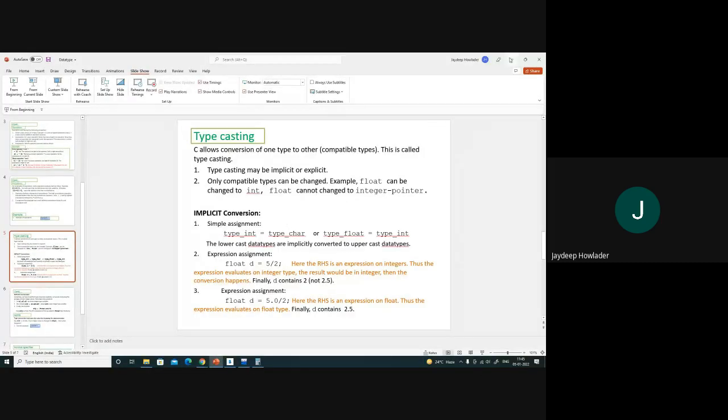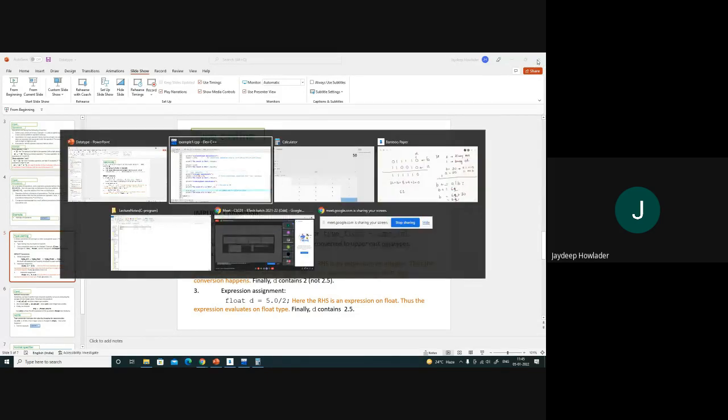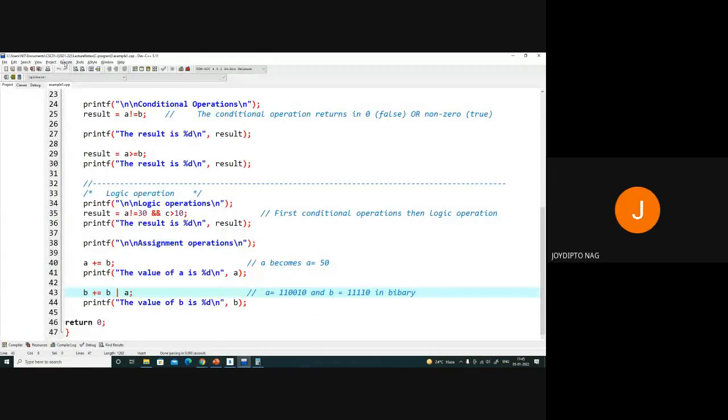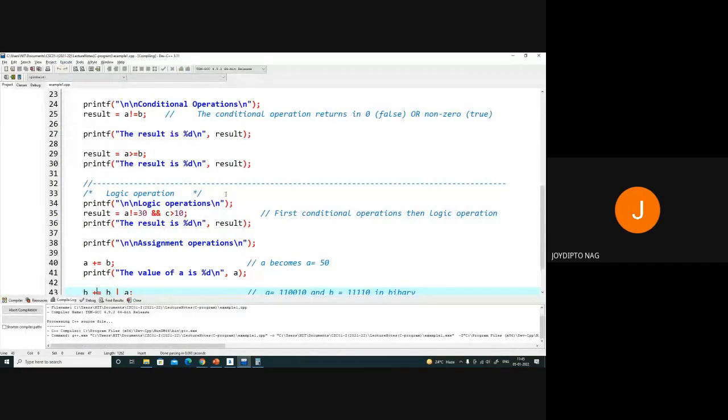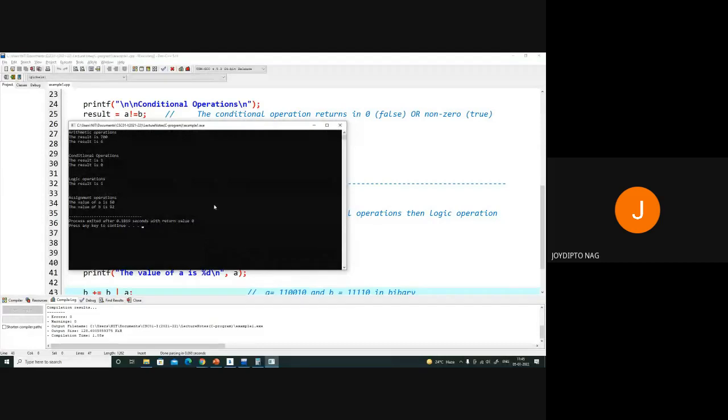Is there any doubt so far? Sir, has anything been decided about the CA1 exam? CA1, when is the date?